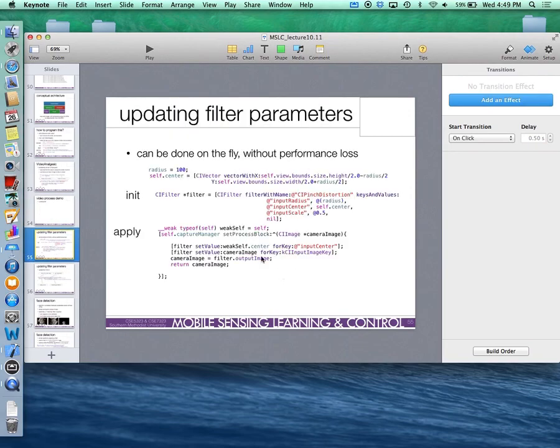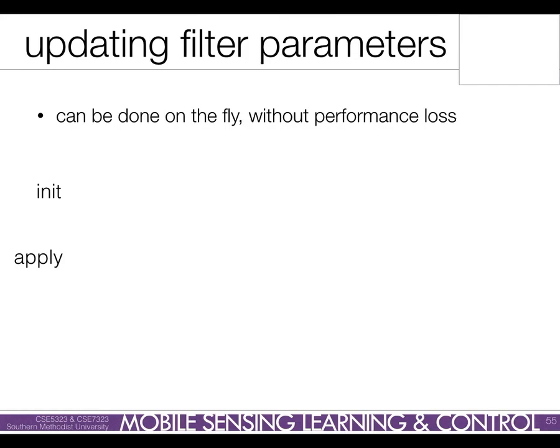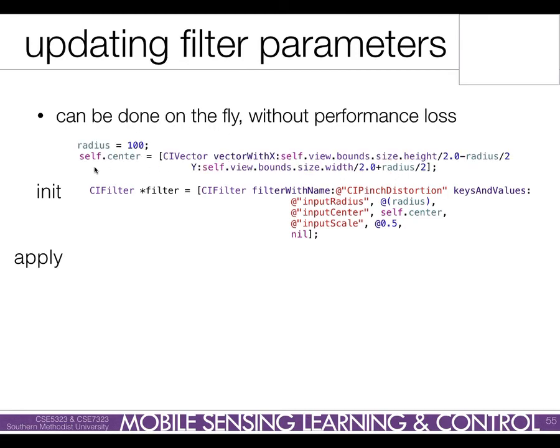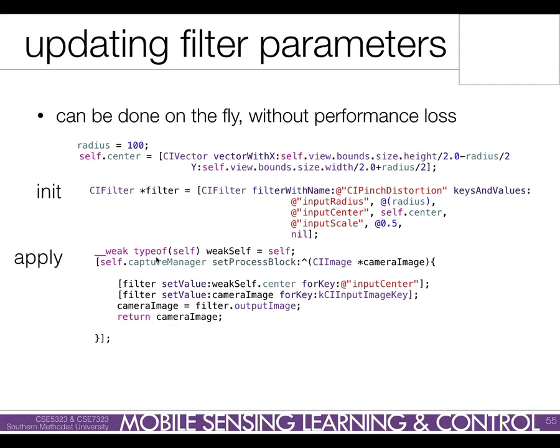Updating filter parameters. Oh, you know what? We can do this. I got 2 minutes. Okay. So we can update filter parameters on the fly, right? And actually, I just did that in the demo, right? So let's say I had this pinch distortion filter, where I set up a center, which is right here, and a radius for my pinch distortion filter. I can create that filter out here, and then inside of my block, I can do this code right here,